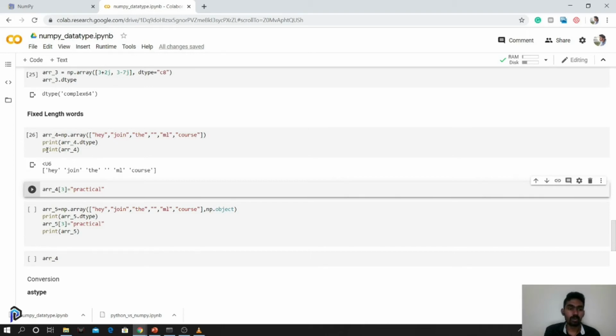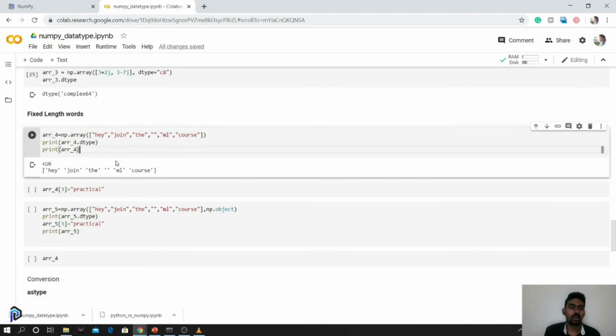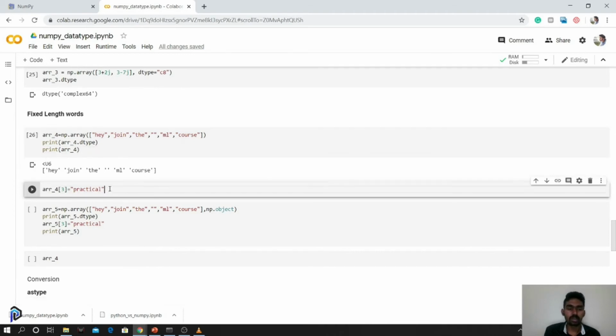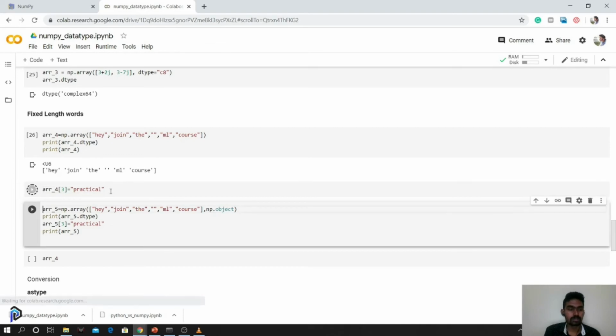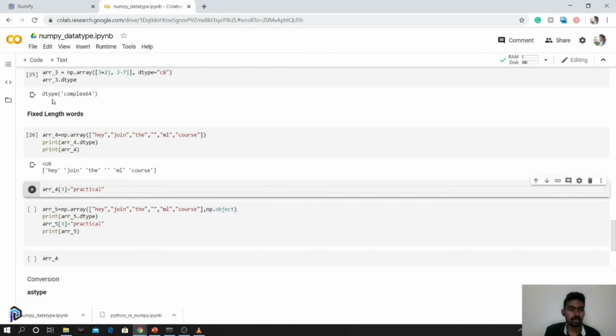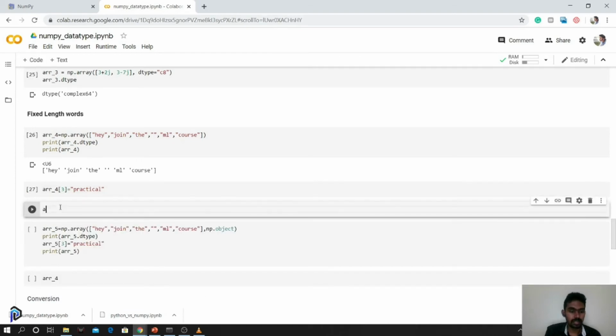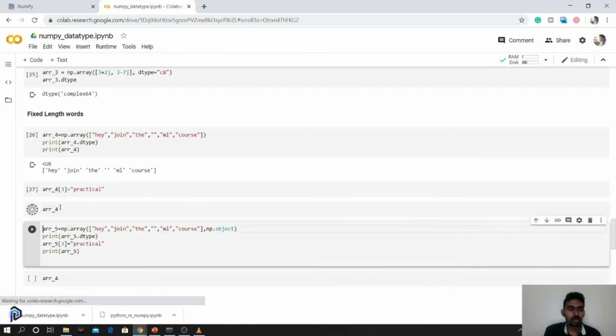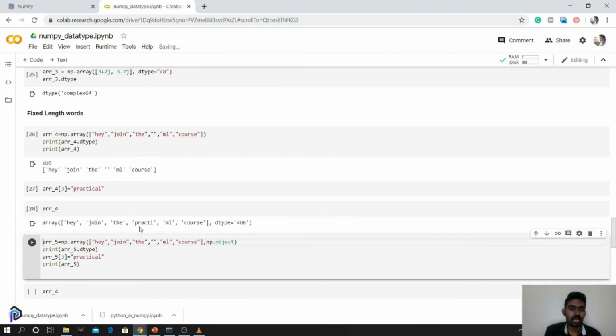We know that the array size is fixed at creation. So if I'm trying to include a particular element which is larger than the largest element when it was created, it would not be able to fit in. Let's see what the output is. I'm trying to add this word practical to this particular location. The maximum size is just 6, so I can just print up to practi. AL would be missing